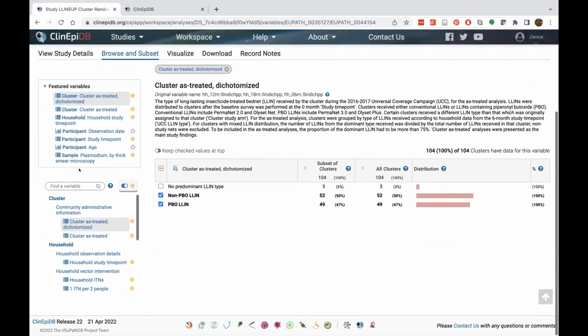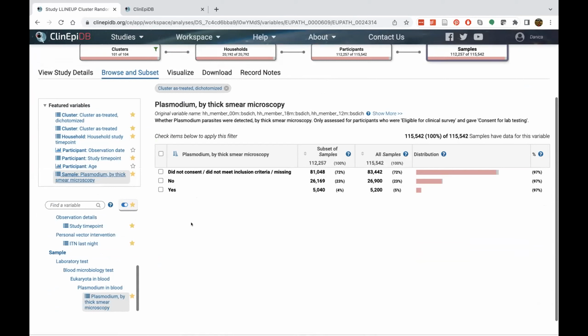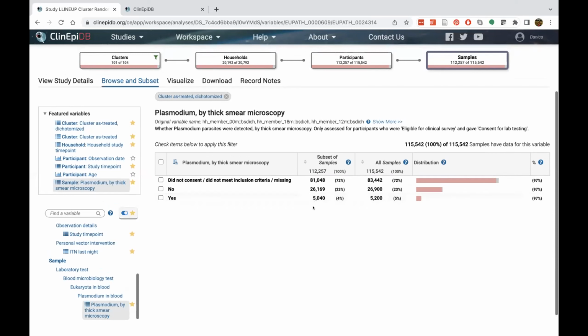Okay, so let's just take a peek at the Plasmodium outcome results. For this, we can see a definition of this variable. This variable is looking at whether Plasmodium parasites were detected by thick smears. And these were only assessed for participants who are eligible for the clinical survey. You could dig a bit into the study details to figure out who's eligible, but I will just tell you right now, it is children. So you can see that of the children who had received either PBO LLIN or non-PBO LLIN, we had about 5,000 that tested positive for Plasmodium